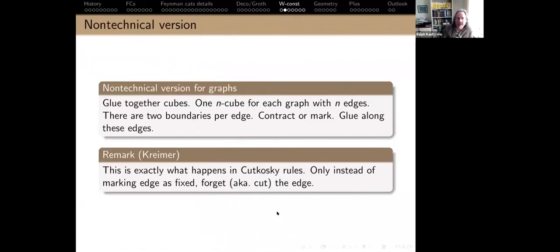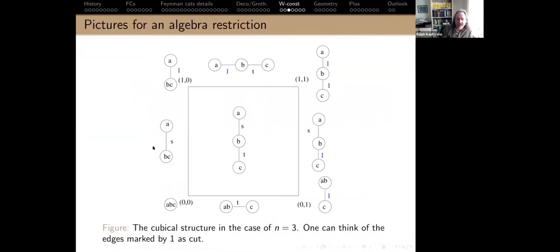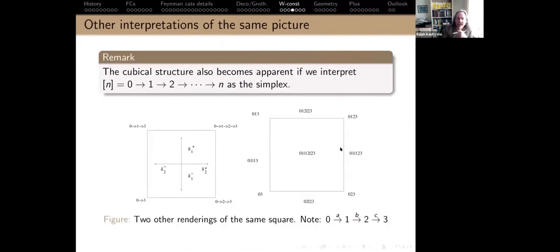I don't have time for this, but here is a picture. You can find those in the Hopf algebra paper. If you do this on the algebra level, what you find are these nice pictures, which remind you of the bar construction for an algebra, and it is exactly that. But they're cubical, and this has something to do with the Connes-Kreimer differential. That's all contained in the Hopf algebra papers. You can see this has something to do with inserting stops, with contracting simplices here.